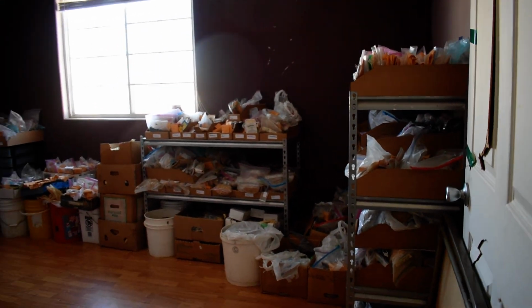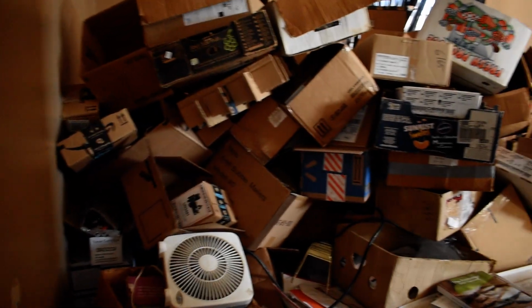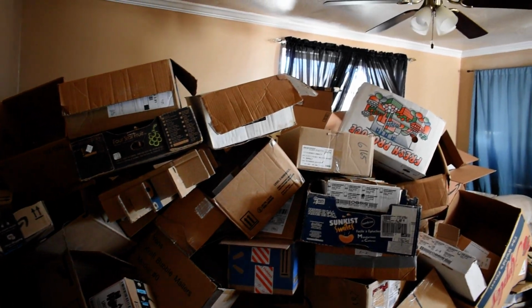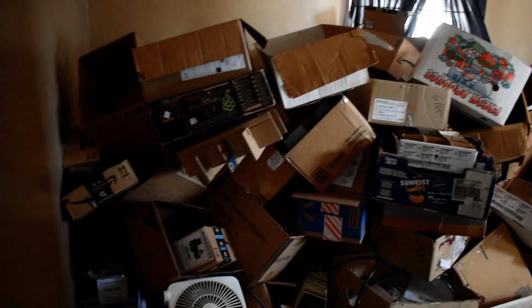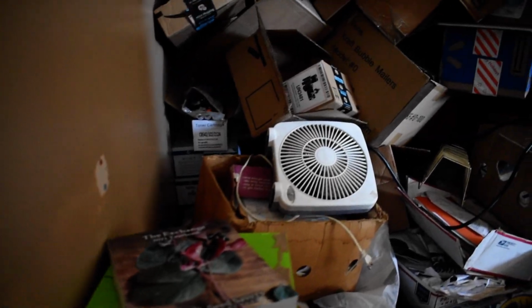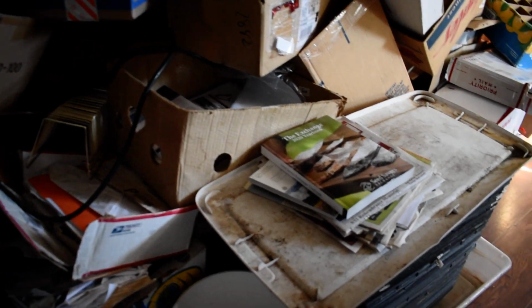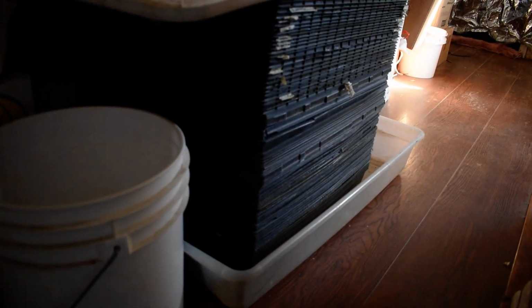But the boxes these seeds used to be in ended up in the living room. A year ago when I moved here, I unloaded a full-size moving van as fast as I could, and I still have not found the time to process and clean up everything in this living room, so it's just a storage room for now. I brought some stuff in from the cellar,